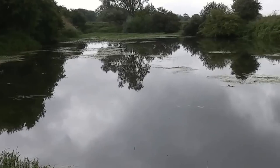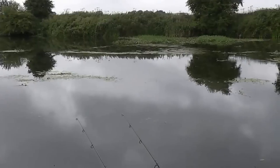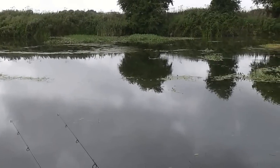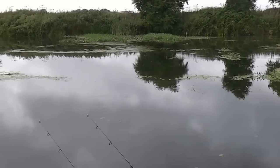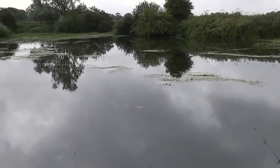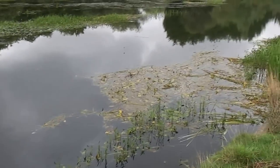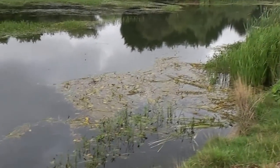Now, I also know about this lake that a lot of the fish tend to congregate out in that middle area. There's quite a few clear areas out there that the fish have created through being there and also through feeding. So it's also a good area to fish and present a bait effectively. You can see down this margin here, it's also very, very clear, but you can see this without Polaroids. You can also see there's a lot of grass on the bottom down there,